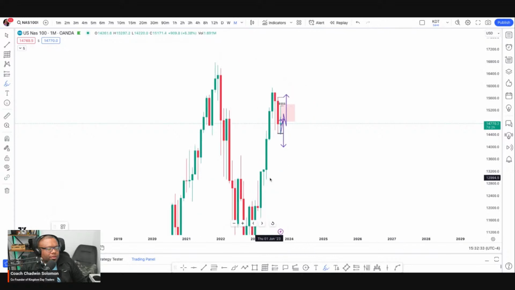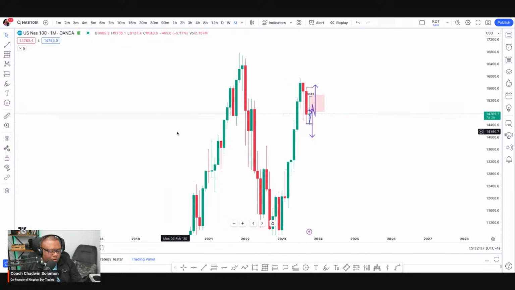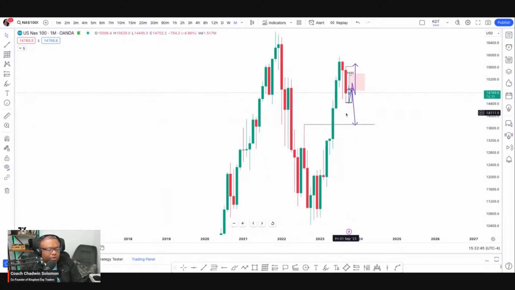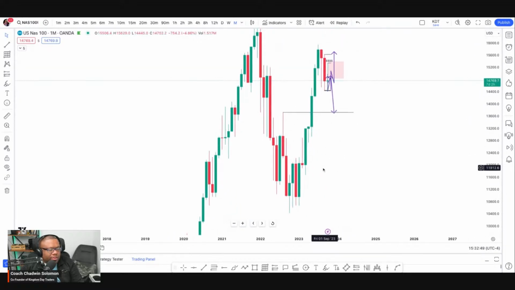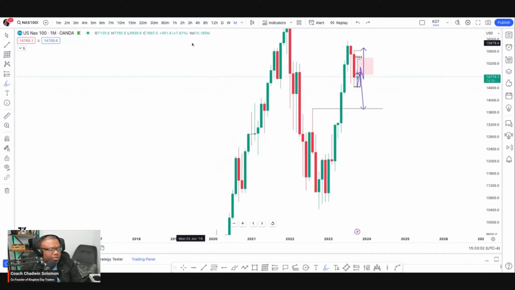I'll tell you where I don't want to see it go. On the monthly, it could go all the way till here. So this is my long-term projection. I told you guys on Monday in class as well. My long-term projection on the monthly is over here. But I don't want to see it break down, and this is more than a week now. This is going to be literally months. I really don't want to see it go anywhere close to anything at the bottom over here, because if that happens, the world is in turmoil.